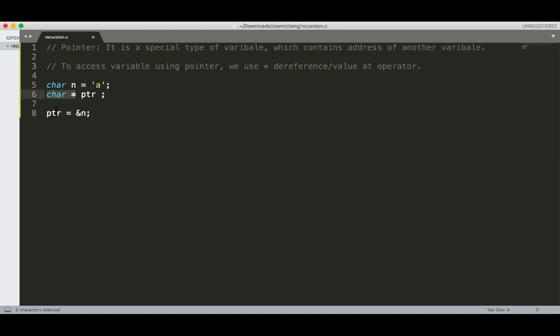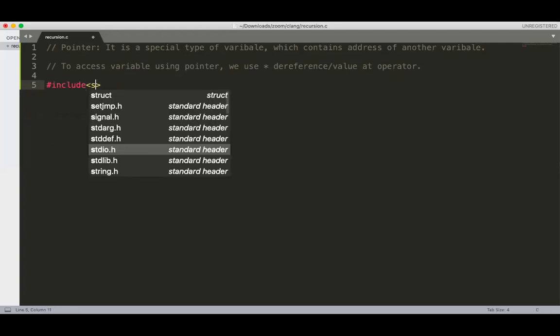In case of a 16-bit compiler, it is 16 bits. The data type of the pointer decides what PTR is pointing to. Here it is pointing to character only. Char star can point to char only. If you try to point to another type, what happens?